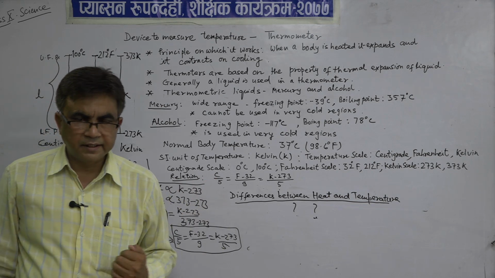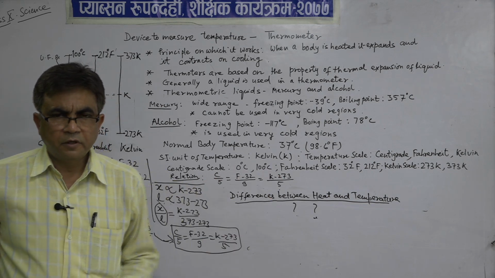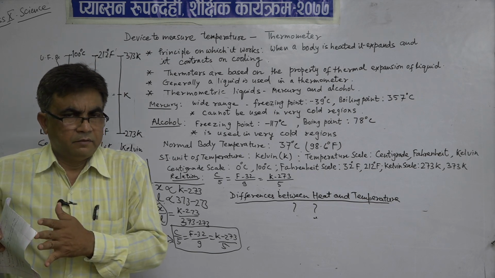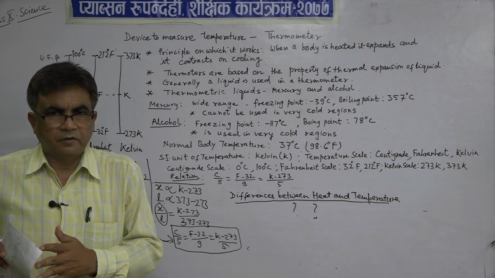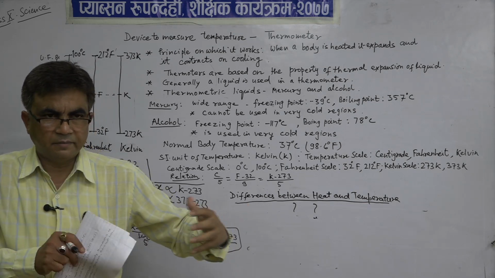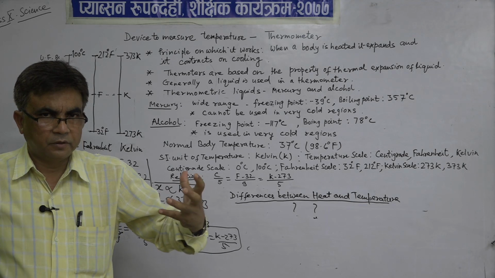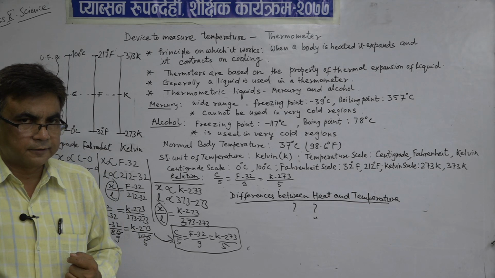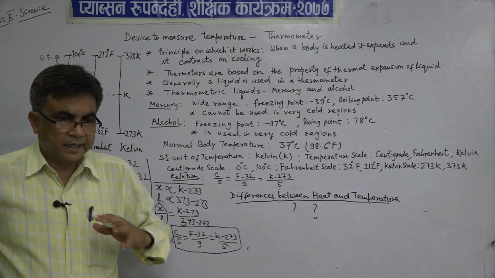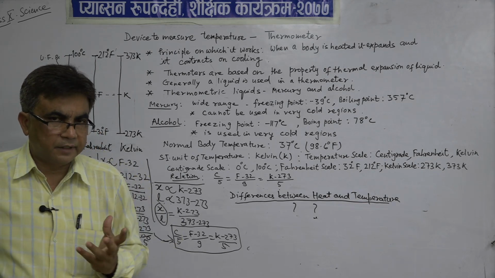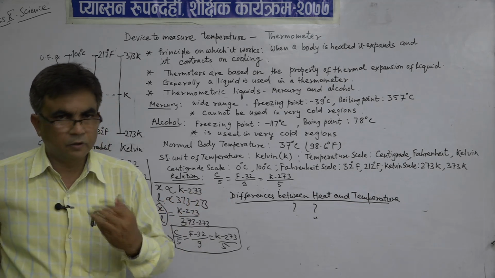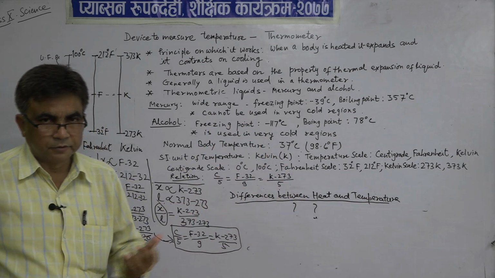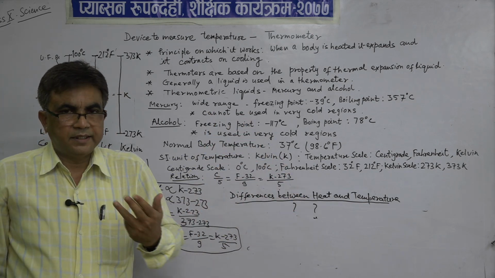For temperature, you can write that temperature is the degree of hotness and coldness of the body. Heat is the sensation of hotness and coldness, whereas here it is the degree. Degree is the measurement, how much hot, how much cold. So temperature gives you the degree of hotness and coldness. That is one difference. Now the second difference, as I just told you, write the SI unit. The SI unit of heat, you all know, is joule, and that of temperature is Kelvin, as we have already come to know. So these are the two differences.